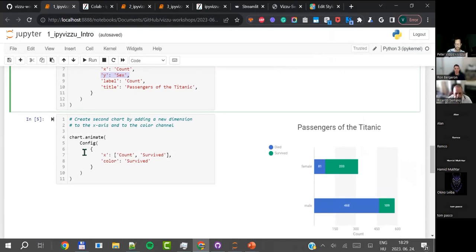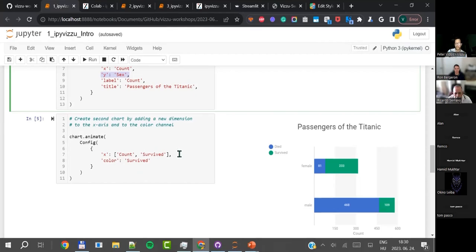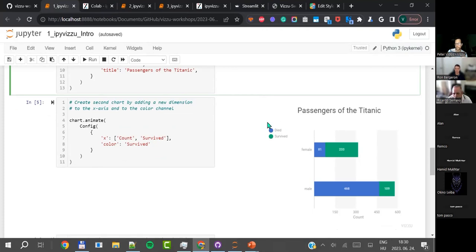You don't have to describe the whole configuration of the chart over and over, just the part that you're actually altering. So we have axes and channels like label and color, and you can add categories and values to them. I will talk about it in more detail. Also, the legend automatically appeared next to the chart without you having to do anything about it.